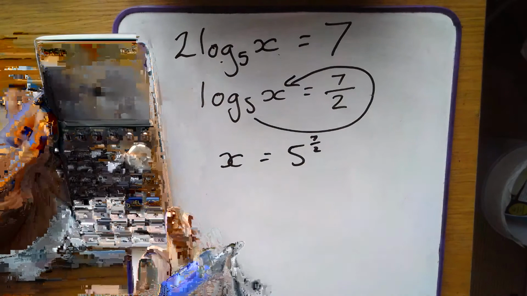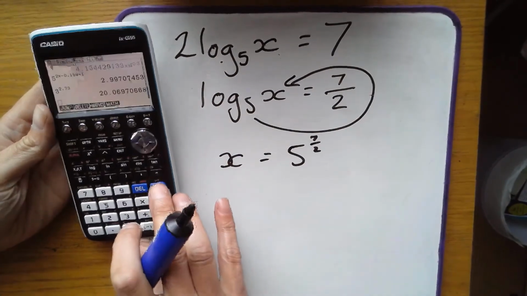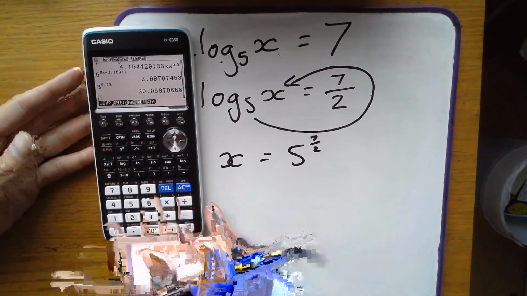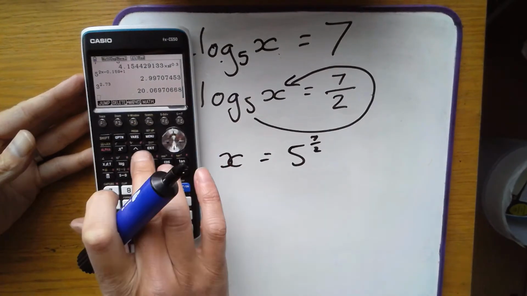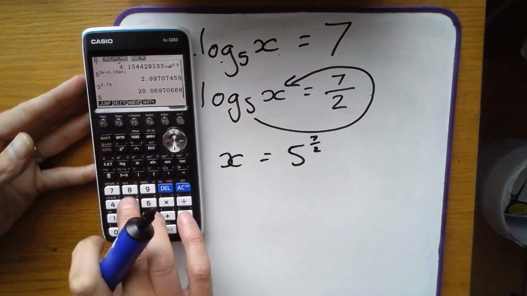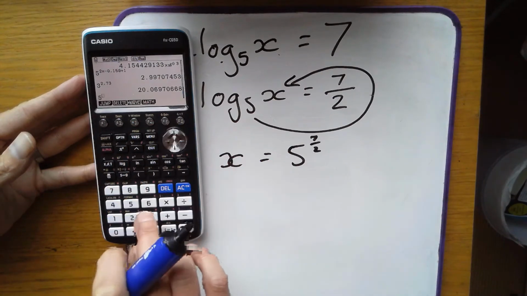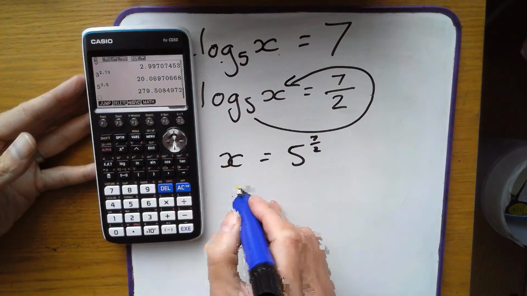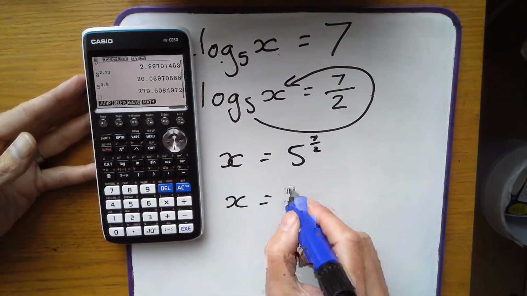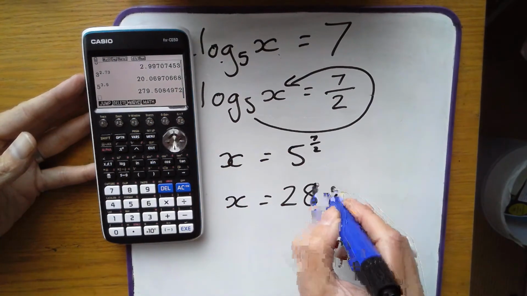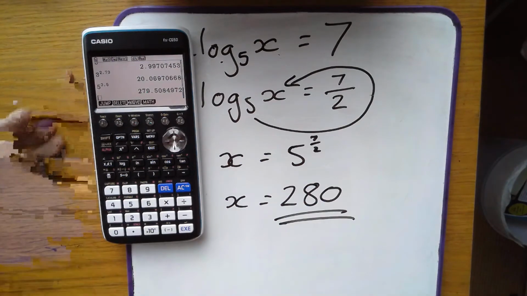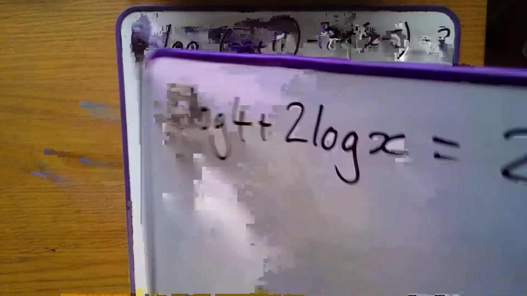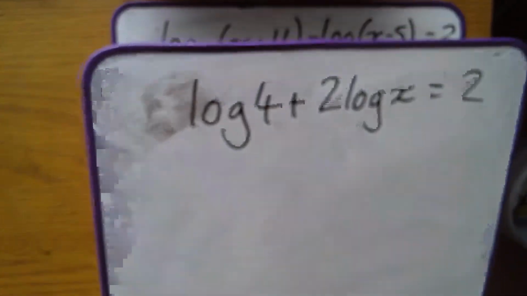And depending on the question, we may be asked to write the answer in decimals, so we'll just do that. So I've got 5 to the power of 3.5, so x equals 280 to 3 significant figures. Okay, next example. So this time